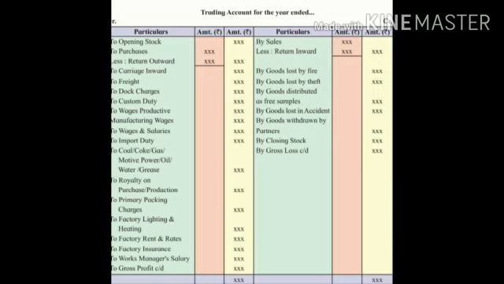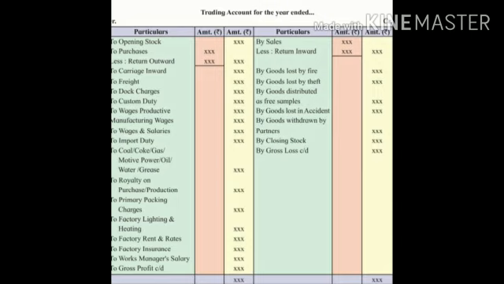When we purchase raw material, we have to pay the carriage. There are types of carriage, carriage inward and carriage outward. That carriage is recorded in the trading account. When we purchase and pay carriage, that is called carriage inward. But when we are selling goods and we have to pay carriage, that carriage is called carriage outward, and it is included in selling and distribution expenses, so it is recorded in the profit and loss account. Only carriage inward is recorded on the debit side of the trading account. Same with freight inward and freight outward: freight inward is recorded in the trading account and freight outward is recorded in the profit and loss account.